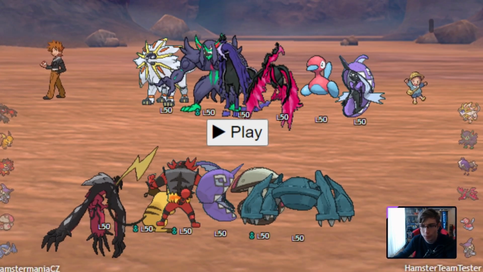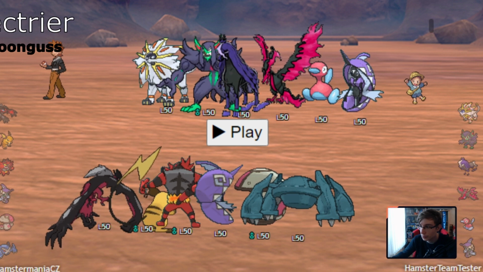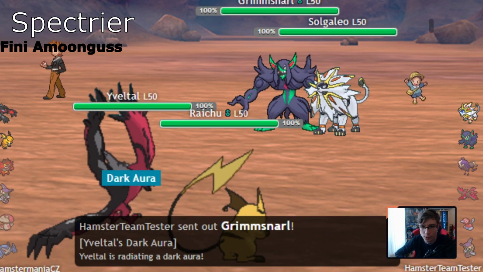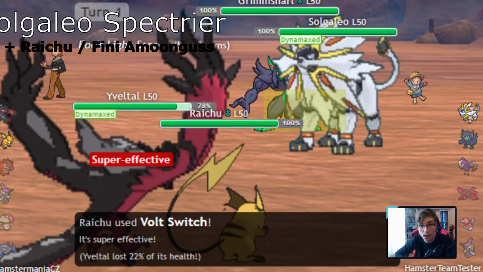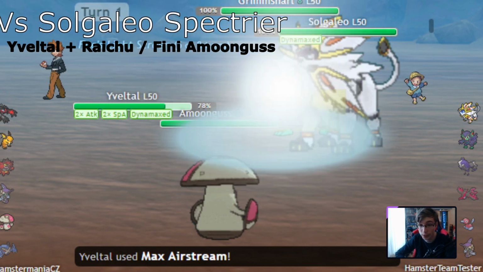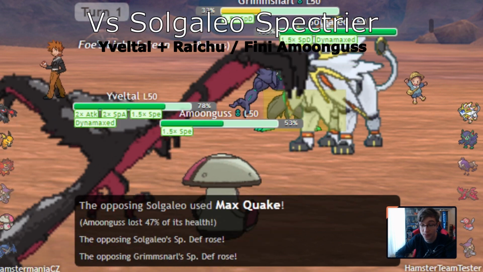I'm not going to go into too much detail why it's suicide for the opponent to go for a Solgaleo Spectrier lead against Yveltal. It's much more flexible for the opponent to just go with the Grimmsnarl lead and start setting up dual screens. So this is a prime example where weakness policy can be pretty much procced for free. Raichu can be pretty irritating for the opponent, especially with Nuzzle, so I think the opponent will gladly take the opportunity to just KO the Raichu turn 1 and raise its special defense with Max Quake so it's even more resilient to